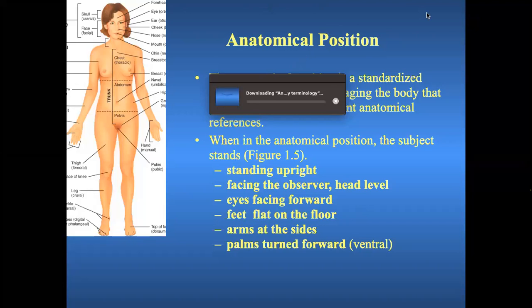Now, what are the various anatomical positions we will see? When we are talking about the anatomical position, the person or the subject has to be present in front of you, and you are explaining your anatomical position. For example, we are talking about